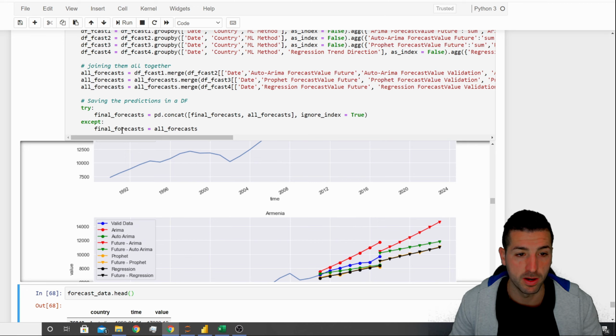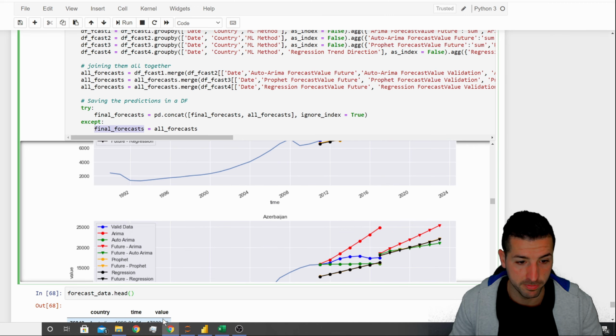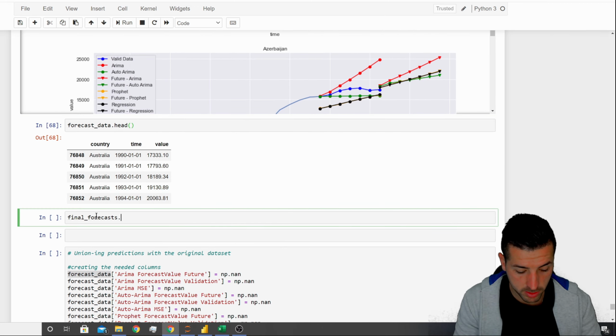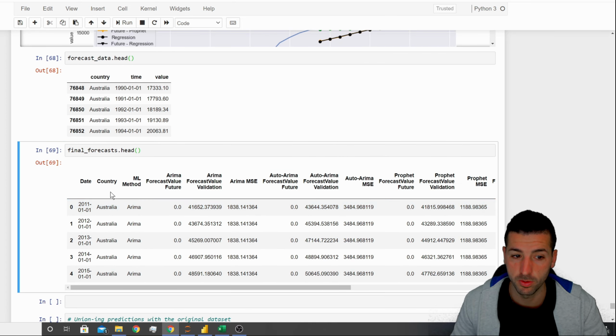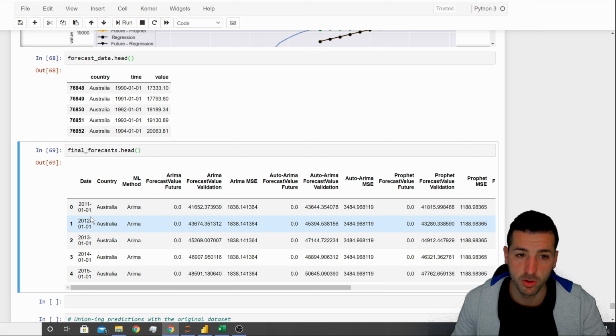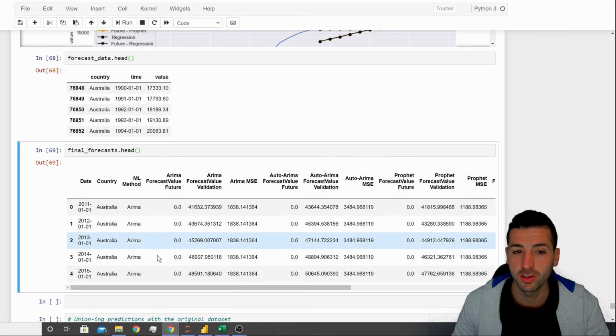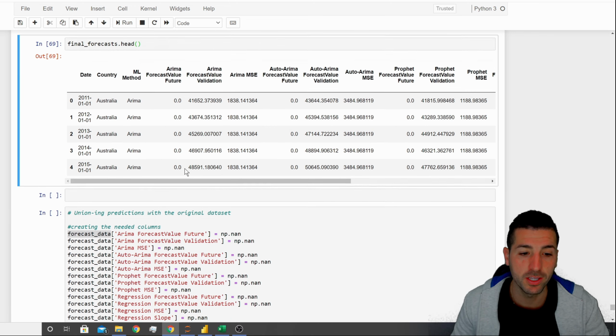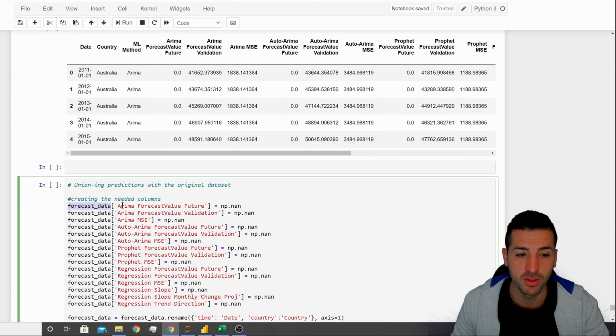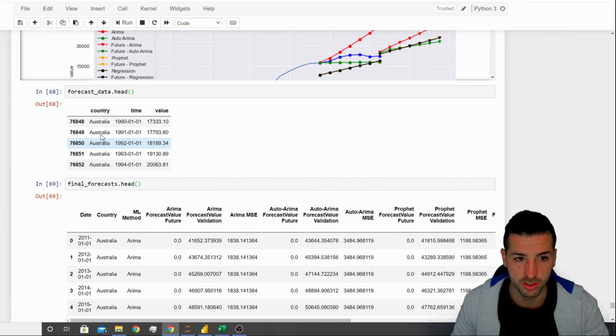And then our final forecast data frame, which is this one, has all the forecasts for all the countries and the dates going forward. So in order to join these two together, we're going to have to make them have a similar form, actually the same form. So what I do down here is that on the original data set, which is the forecast data,